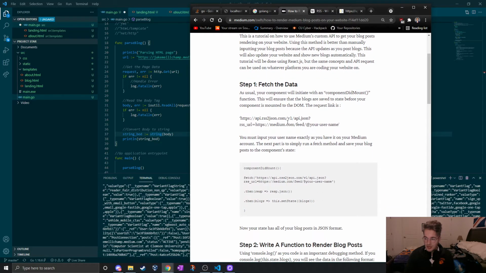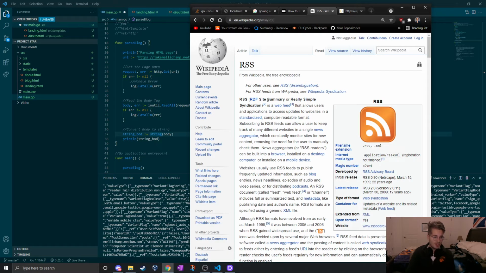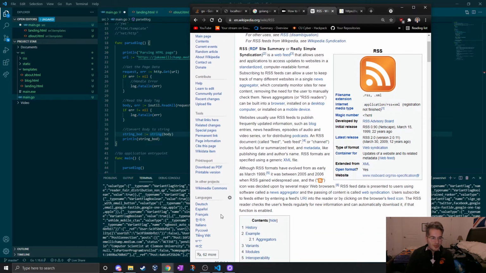And it seems that Medium has this RSS feature, which I have seen the logo before, and I'm sure y'all have all seen it too, but I've never actually used it. And so RSS, RDF site summary, really simple syndication, what a name. Essentially, it's kind of from what I was